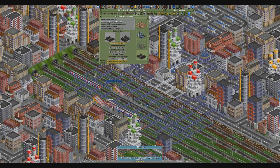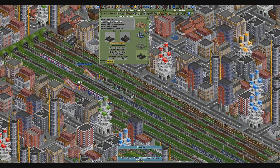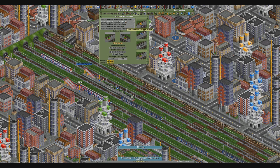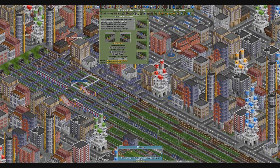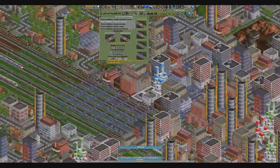Now it's just a case of putting in the platforms. So Fort Benfingley, for a start, is going to have to be rebuilt slightly in order to accommodate these island platforms, which I need to select. You can see I'm literally picking up from the last episode here. In fact, no, I don't want to include island platforms here at all. I want to include single-sided. Okay, so you, there, 3 and 4, and I do actually want an underpass, so let's get rid of this one. So I might convert that one in the future. Okay, so that's one